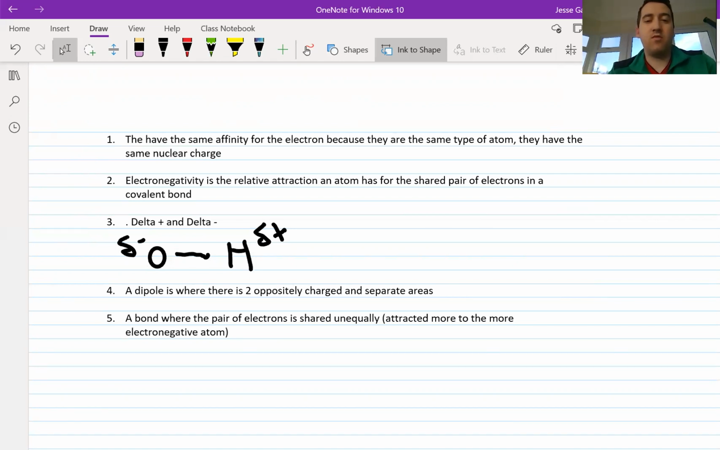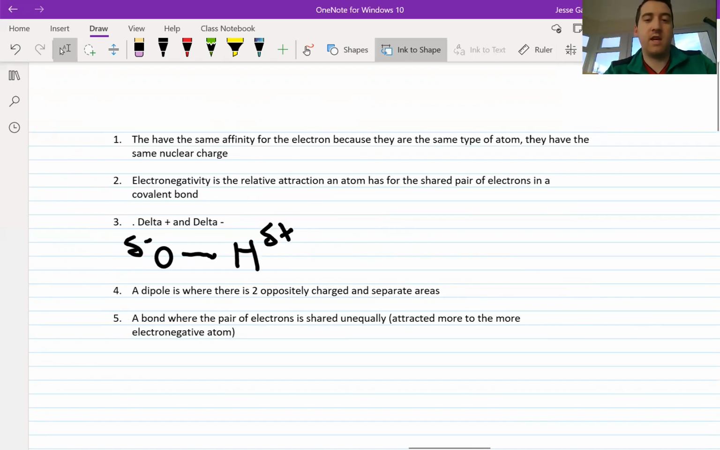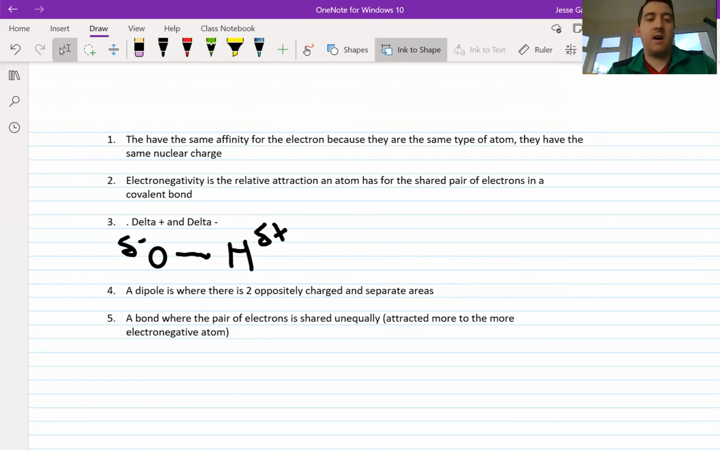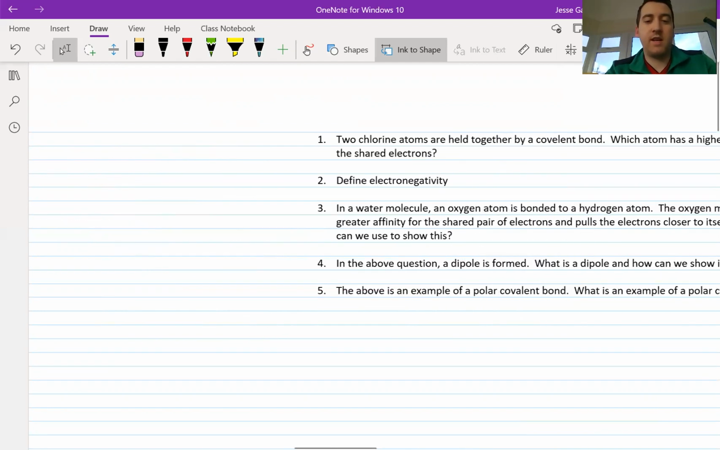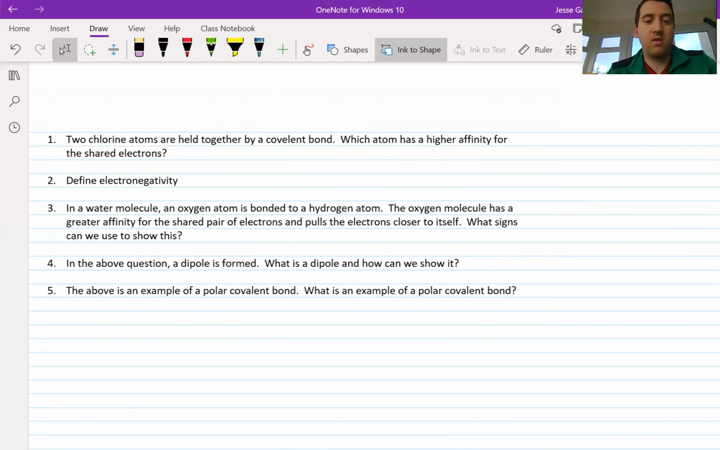So 1 and 2 are pretty straightforward, I hope. It was just a definition in number 2, and in number 1 you had to recognize that because they're the same atom, they have the same nuclear charge and they have the same affinity. How do we represent? Number 3 said in a water molecule, an atom is